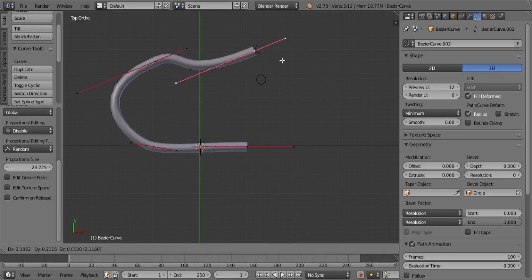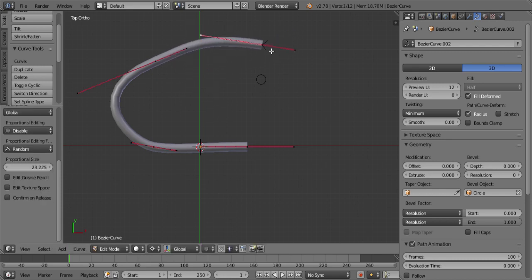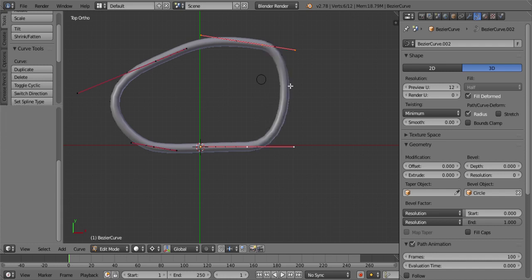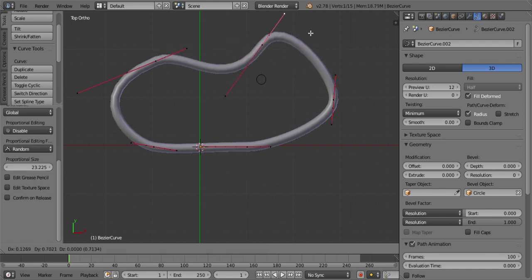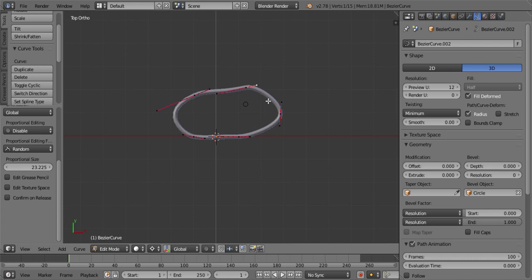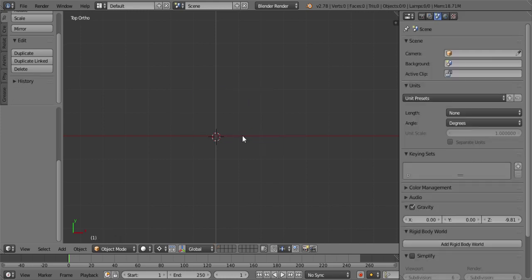Extrude, G, just like a regular mesh. It just isn't a mesh. Fix, let me see, W subdivide, G, things like that. But one other possibility with a curve is, well, I'm going to delete everything, delete,